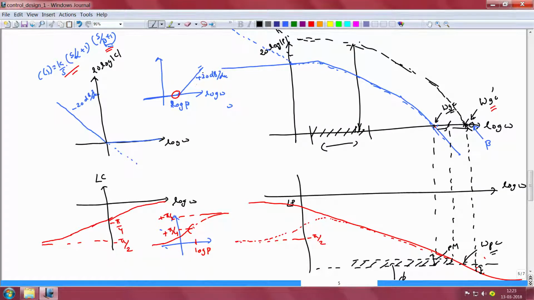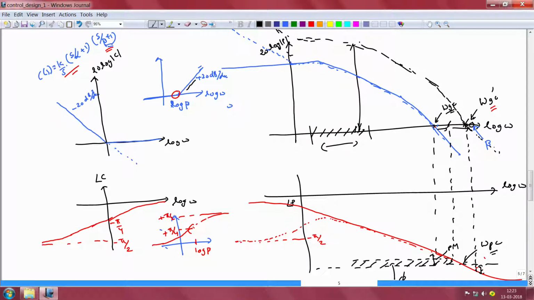For frequencies beyond omega gc prime, the magnitude characteristic will not roll off as it used to before, but will roll off at a slope that is lesser by 20 decibels per decade. That is because the controller contributes a plus 20 decibels per decade increase in gain, and the plant times the original PI controller might already have a certain rate at which the gain is dropping. The sum of these two will be the rate at which the new gain drops.